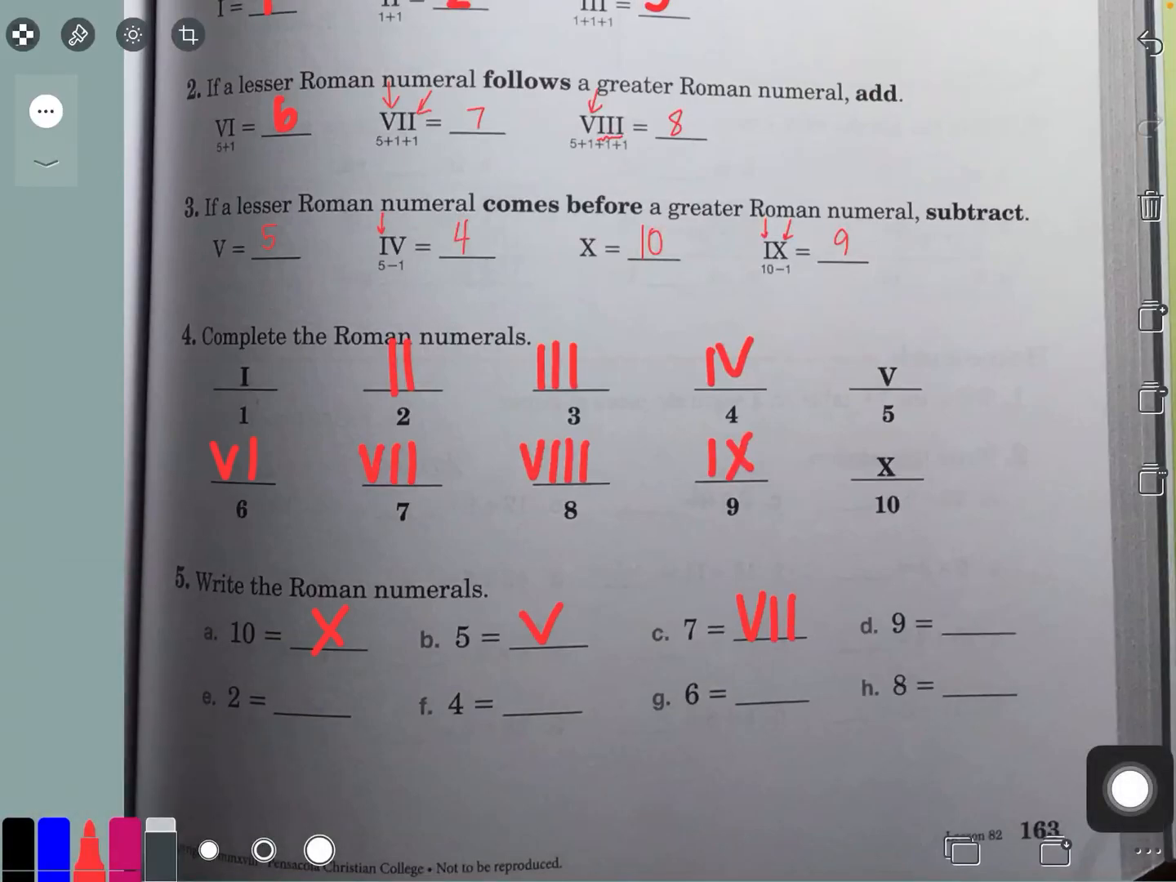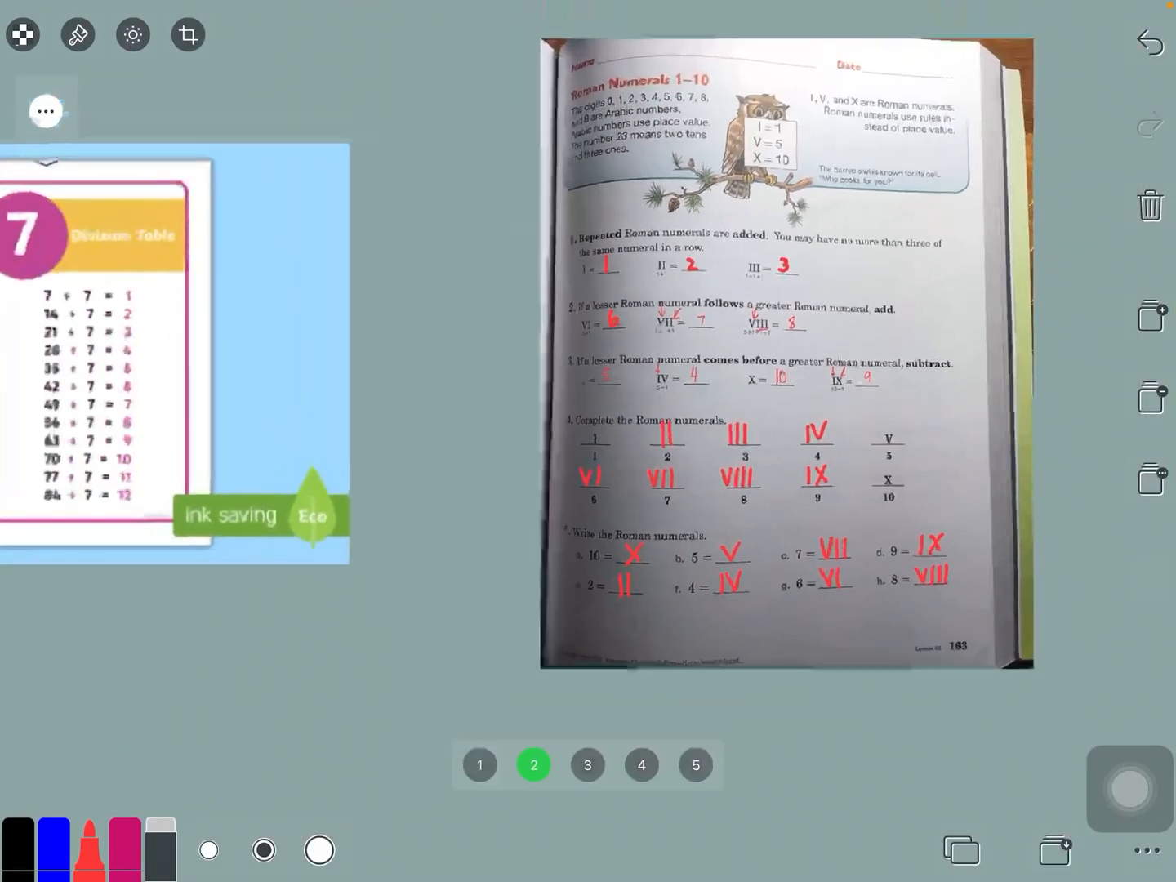It's basically repeating number 4. IX, but it's not in order. What's this one? V, VI, VIII. Alrighty, see? Okay. So that was all page 163. Let's move along now to page